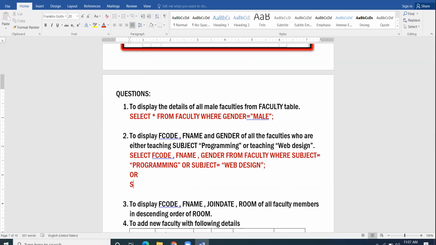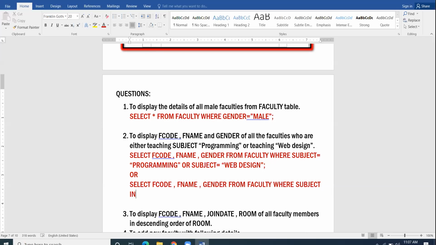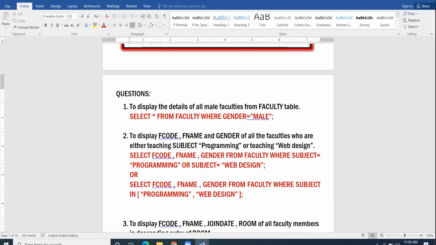Second option: select F code, F name, gender from faculty where subject in programming, web design. Right?